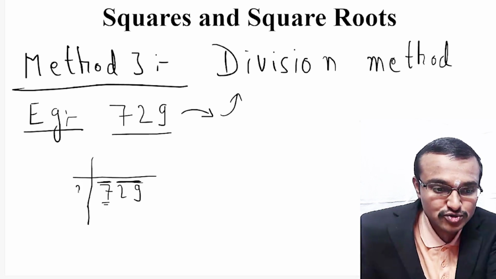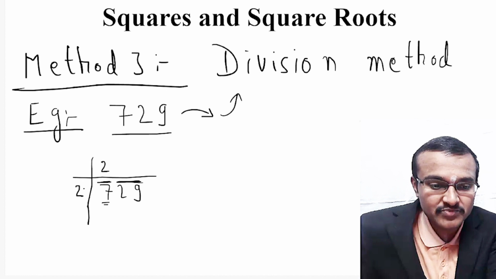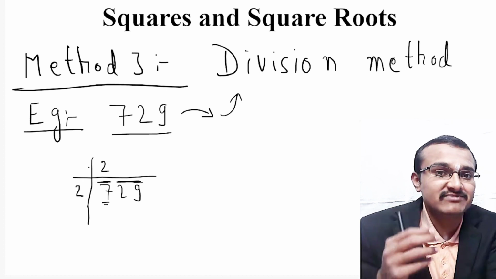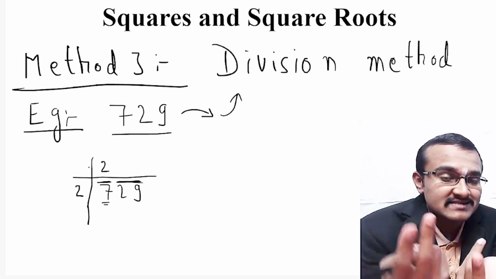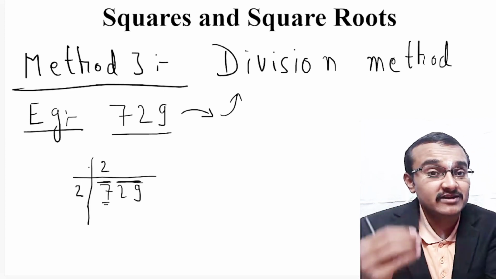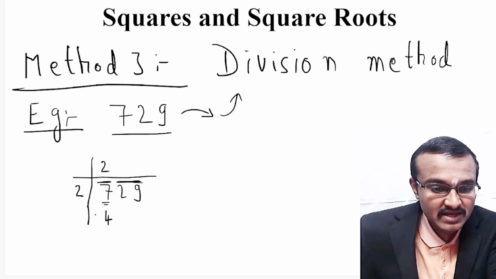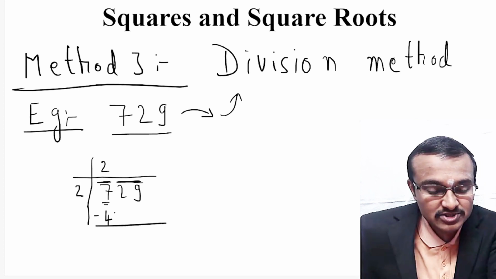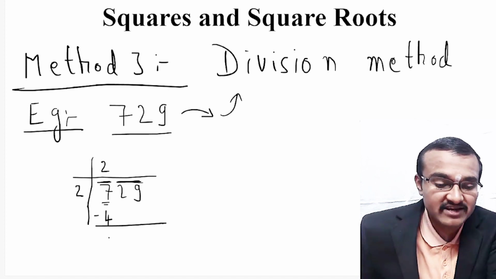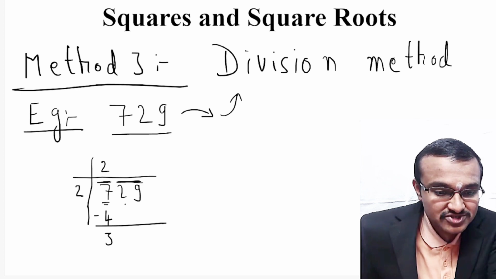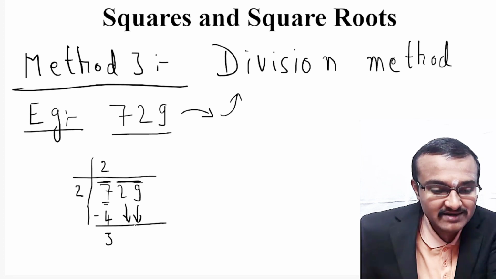So to take 4, you should do 2 into 2. So 2 2s are 4. That means 2 square is giving you the perfect square 4. So that 4 you will be writing below this 7 and you will subtract this. So when you subtract 4 from 7, you will get 3 and you just take this 9 down like this,